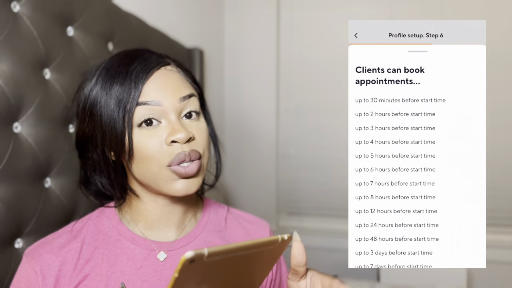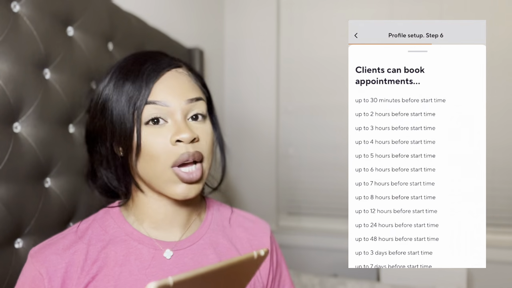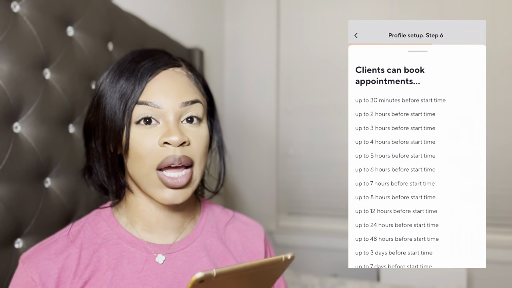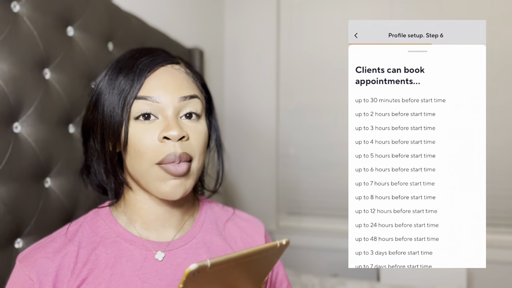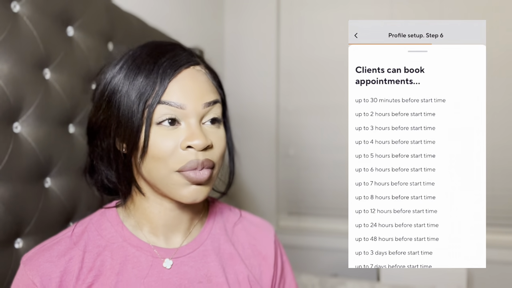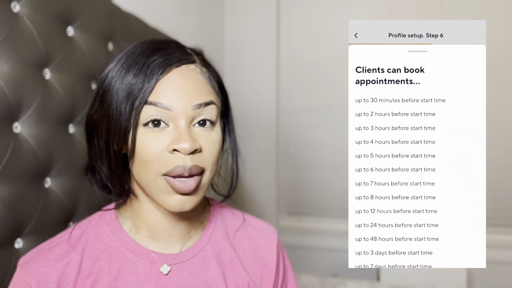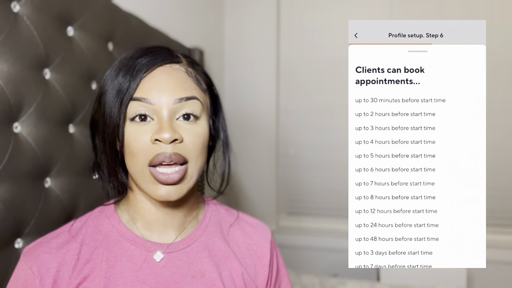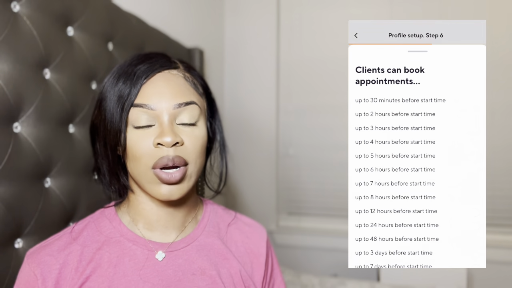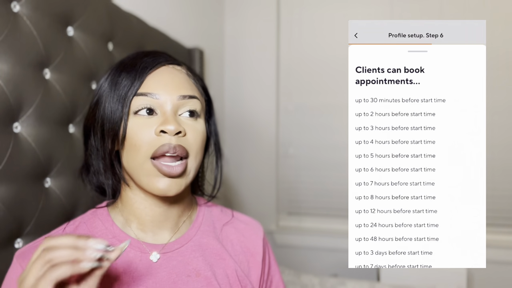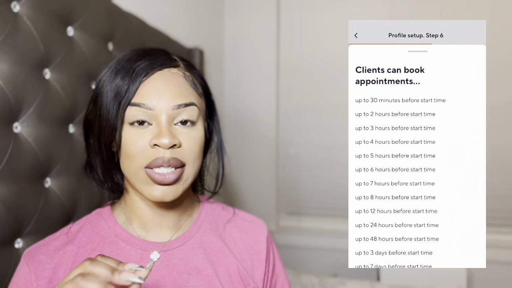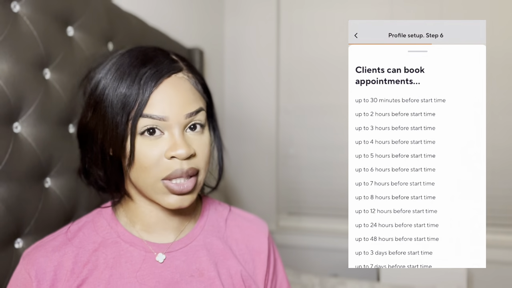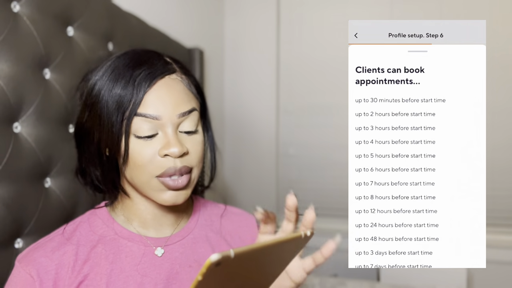I used to have an issue where I would be at the shop thinking, okay, I only have 5 appointments today, and I'm on my last client at 6 p.m., and I just get a notification on my phone that somebody is going to be coming in the next like 15 minutes for a 7 o'clock appointment. And I would be so upset because I didn't know how to change that on the booking site. So on here, you are able to do this.